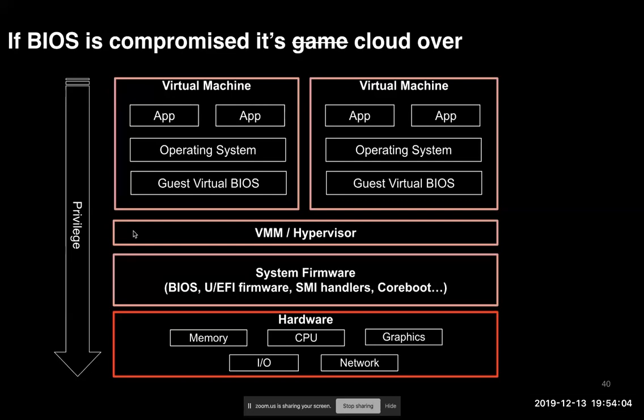So yeah, this picture shows that if the hardware is compromised, basically everything is compromised. If the firmware is compromised, it can compromise everything higher up the stack. Of course, it's a very, very simplified picture, and we need to talk more about it during our class. But for now, I want to say